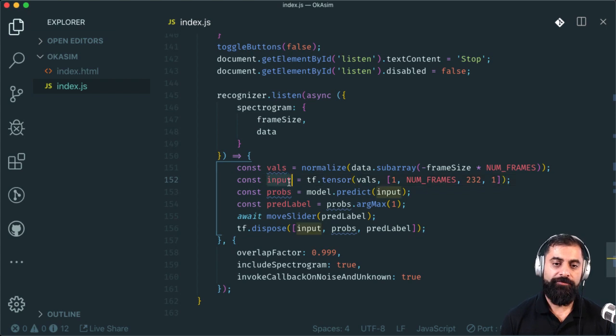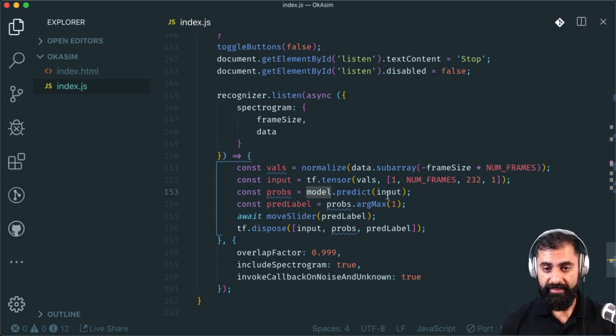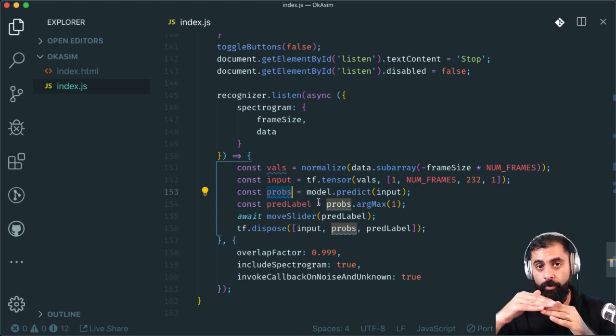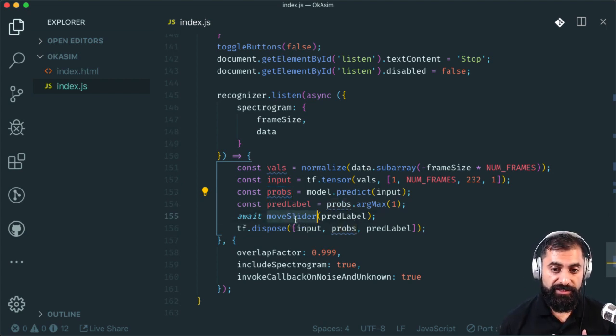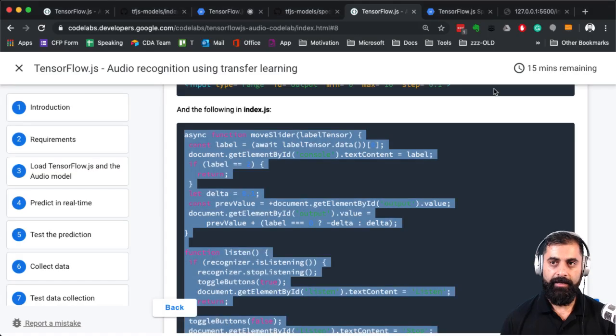All right. Once we've got our data, we've got our model, and our model has now been trained by this point, and we give it our data, and it gives us back a probability. Remember that probability we had before, for 0, 1, and 2, it's going to tell us the probability of each. And then it's going to move the slider by some label. Let's just try it out first, and then I'll drop a debug statement in, and we can see it working.